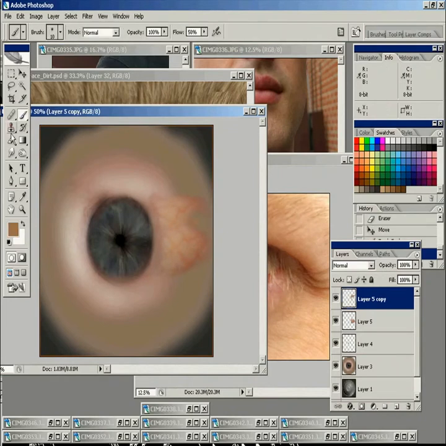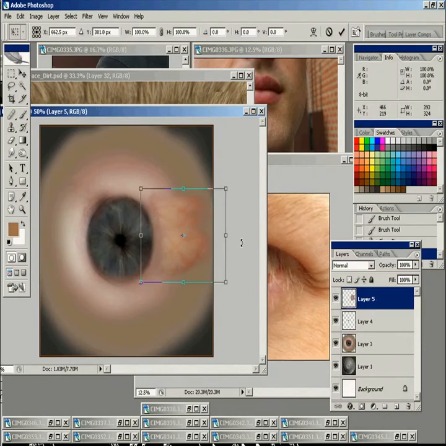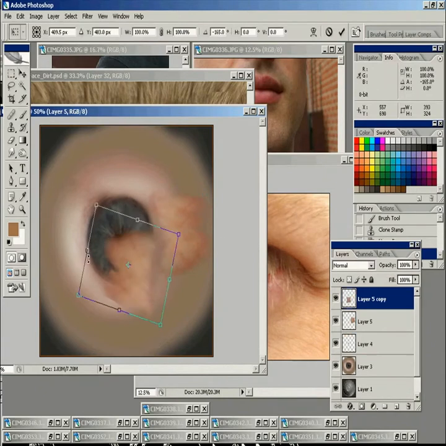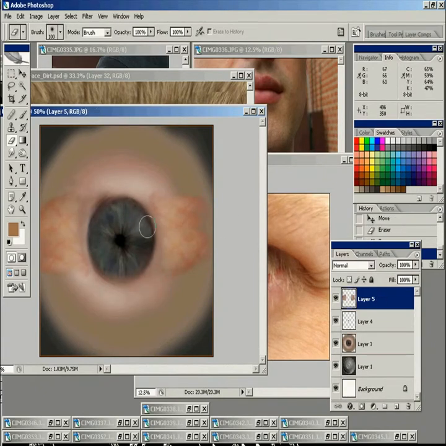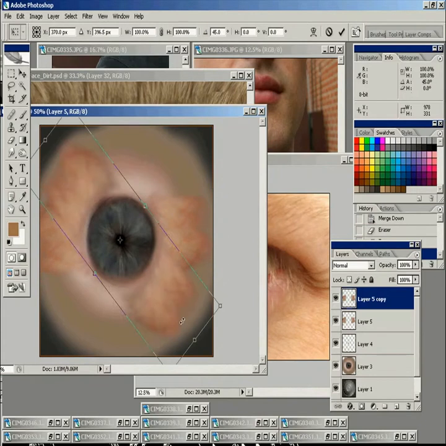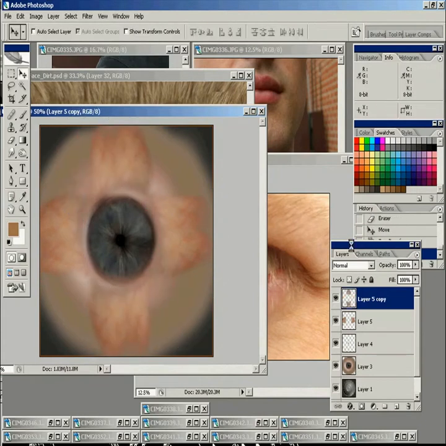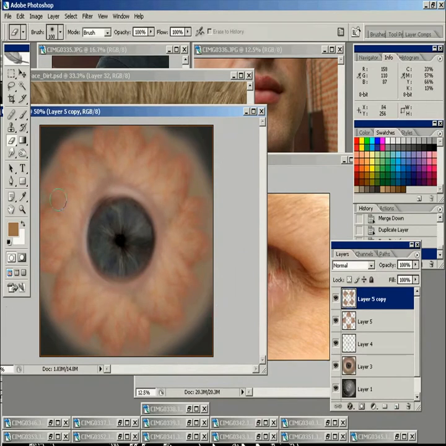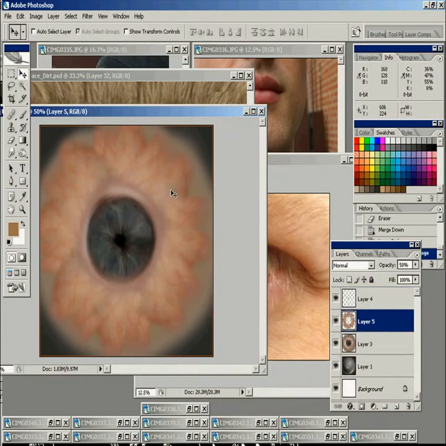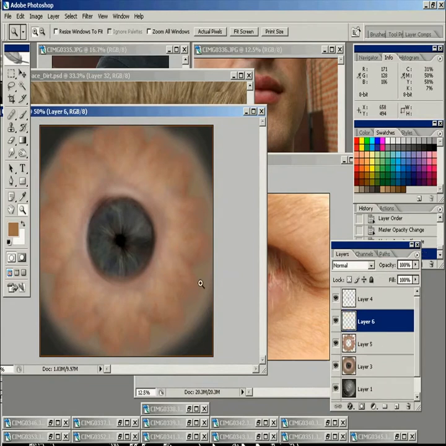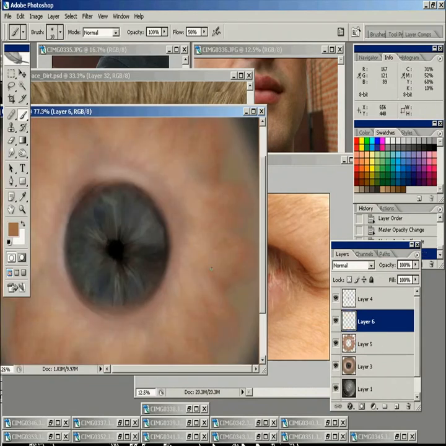You could paint all this if you wanted to as well, but there's a pretty quick way to get it all the way around, and since we're not doing any hyper close-up stuff, I think this will work just fine. We're just cloning and erasing and going to fix this up a little, and then we're going to fade it back a little bit because we just want some texture in there. And then I'll paint in a few